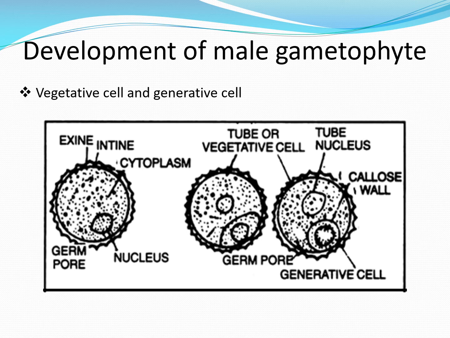The first division of the pollen grain, which is mitotic, results in two unequal cells, a larger vegetative cell and a smaller generative cell. In this picture, the second picture is showing the same situation. Initially, the generative cell is attached to the intine of the pollen wall, but later it gets detached from the pollen wall and lies free in the cytoplasm of the vegetative cell.